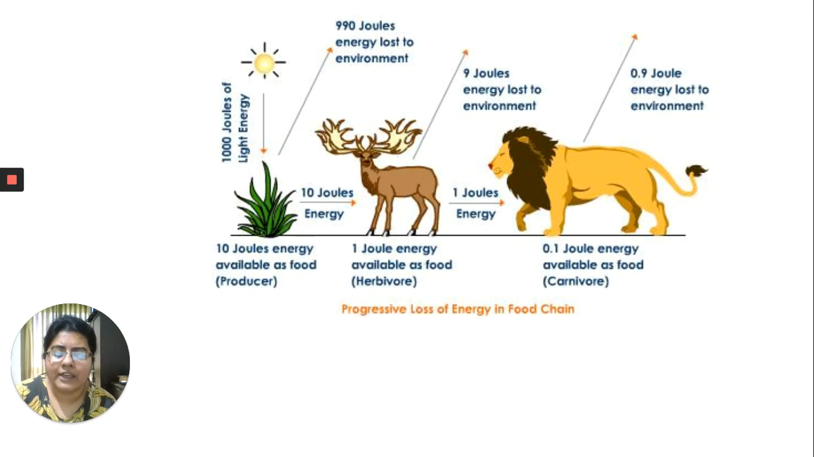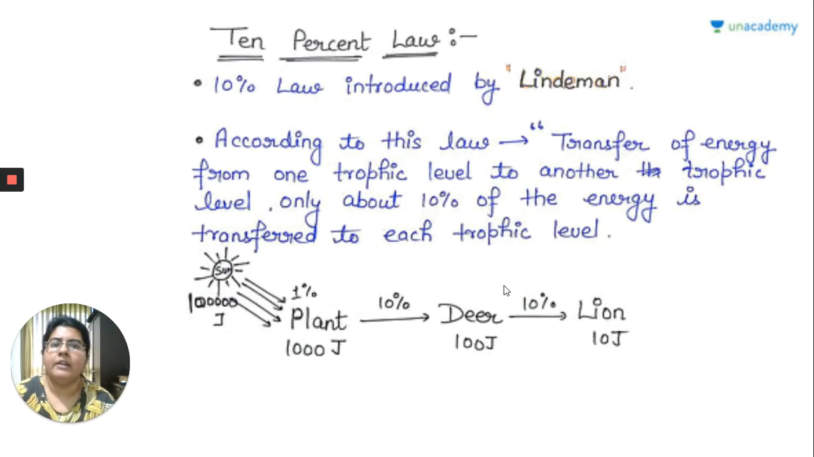So this idea was actually given by an ecologist called Lindemann, and this is called Lindemann's 10% law. According to this law, transfer of energy from one trophic level to another trophic level is only 10%. Remaining 90% is lost. So only 10% of energy from the sun goes into the plant, and from that 10%